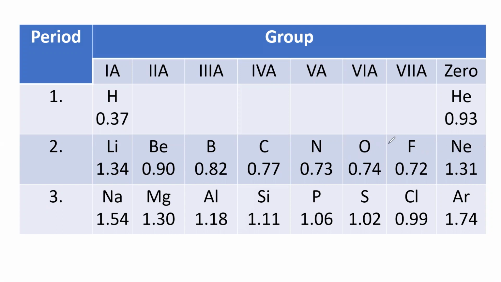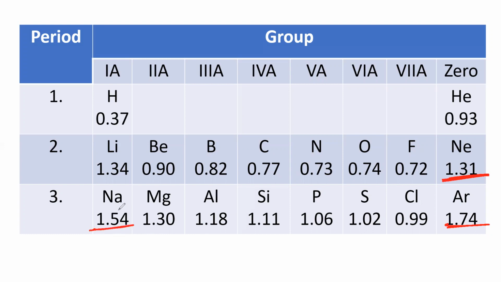and due to the screening effect. With a high screening effect, the atomic radius increases. So neon is having 1.31, a very, very important point to note down. As we move from left to right, the atomic radius decreases in a period, but at the last it is increasing for neon, as you see here. Even in the third period, argon is having more atomic radius than sodium. These are the values of atomic radius for sodium.